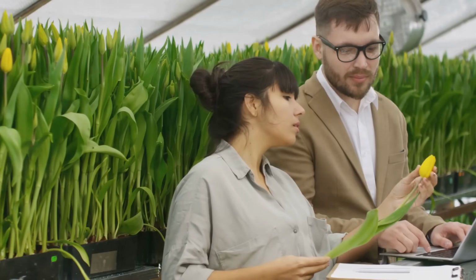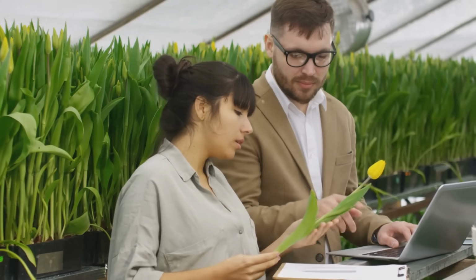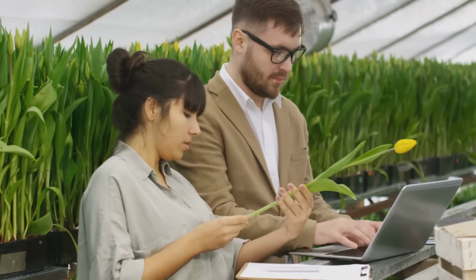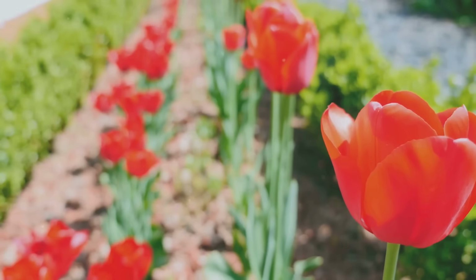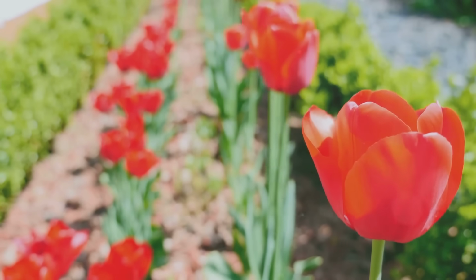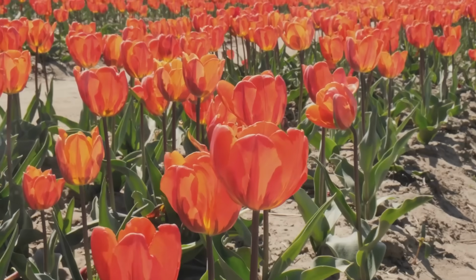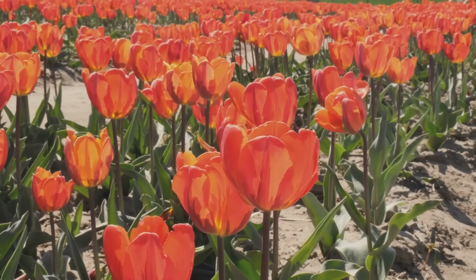To simplify the selection process, familiarize yourself with the different tulip classifications. Understanding the various types can help you choose the right tulips for your garden and ensure a harmonious display. Single early tulips, as their name suggests, bloom early in the season and have a classic single-flowered form. They are often the first to herald the arrival of spring, bringing a burst of color to your garden after